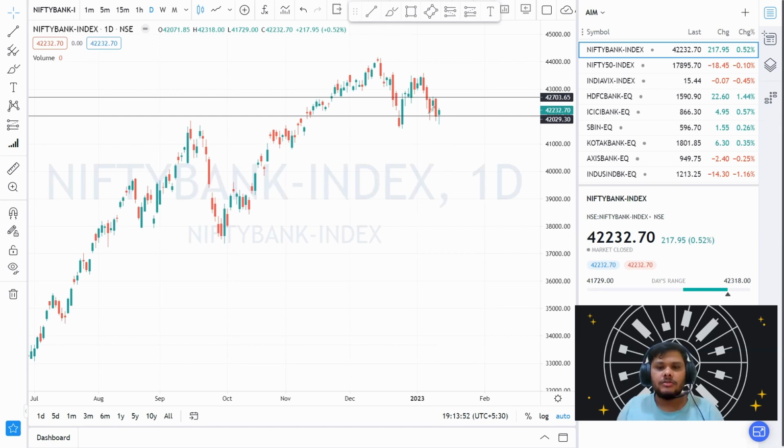So you can clearly see that today the market opened around 42,000 level, and when it closed below 42,000 level, it showed good negative movement here, and it made a low around 42,720. After that it shows positive movement directly from that level, and right now it trades around 42,200 level.